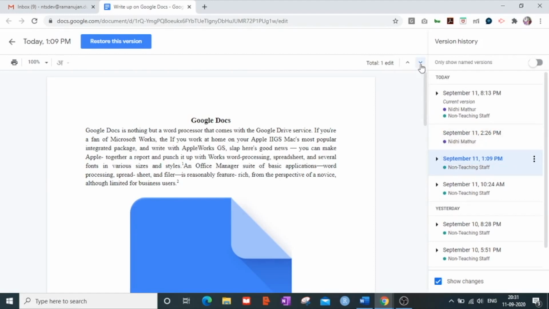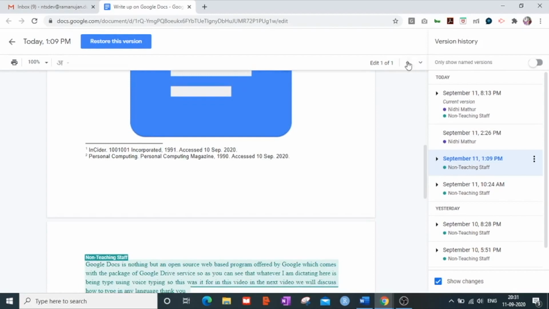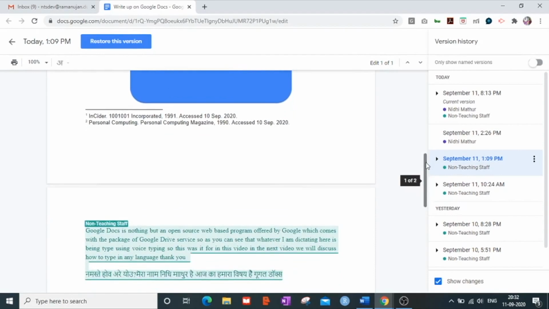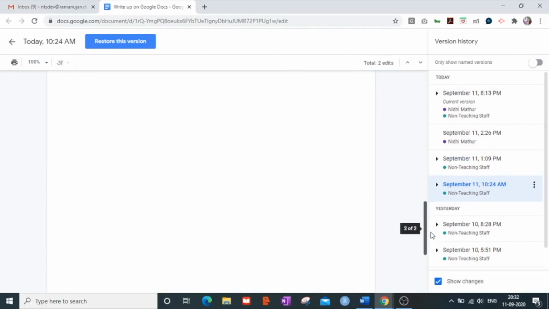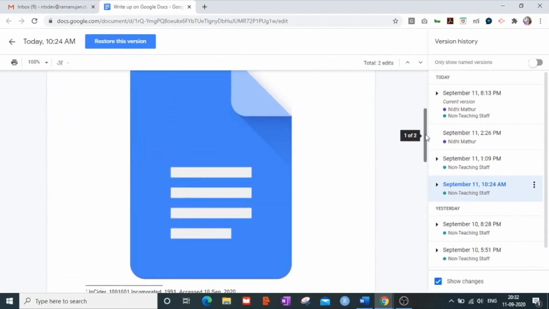If you go to the edit arrow, you can see that these statements were added here when I was explaining to you how to type in any language. So these are all the edits that you can track for this particular document.